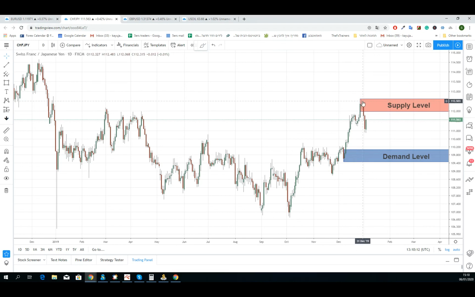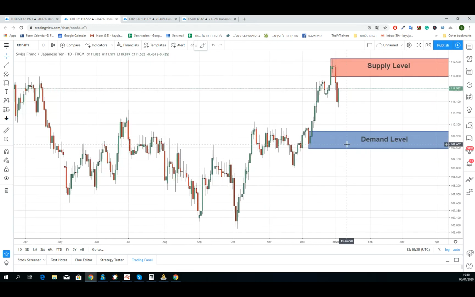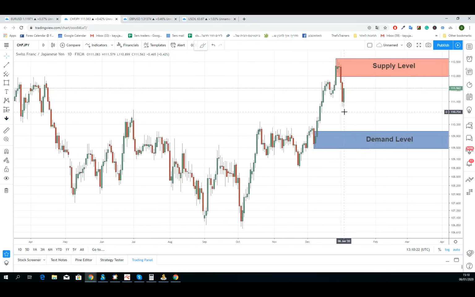When the price succeeds to break out the last low and creates a lower low, as you can see here, I'll zoom in a bit, it indicates that the price changed the momentum from this bullish one to bearish momentum. And all we can do now is sit and wait for the price to get back